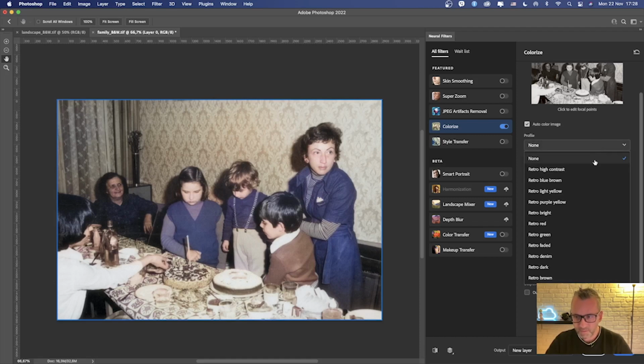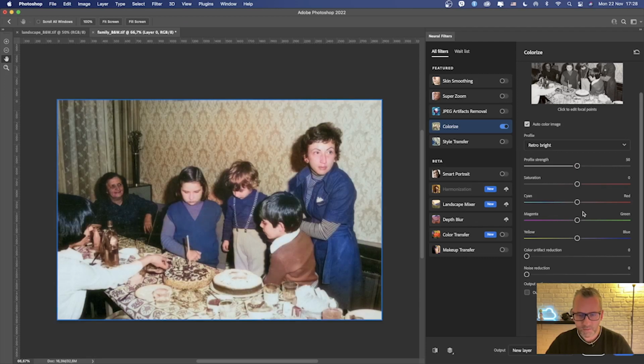You have some previously done adjustments from which you can choose, like retro high contrast, retro blue brown, light yellow, purple yellow, retro bright. I'm just going to take a brief look at some of them.